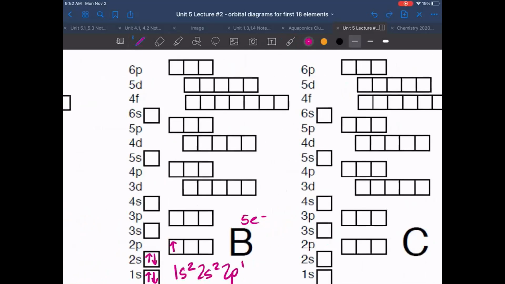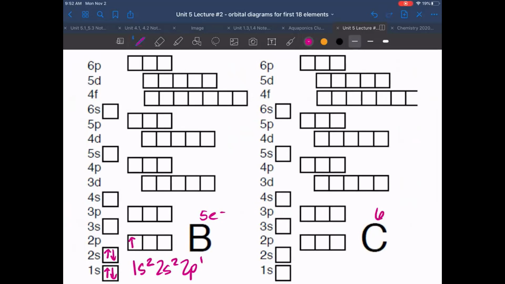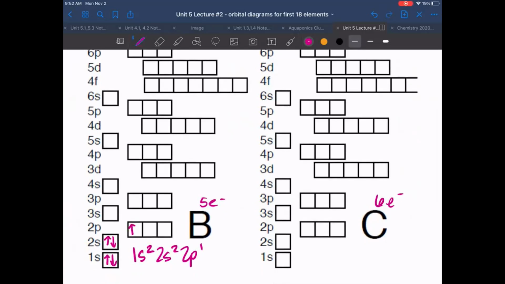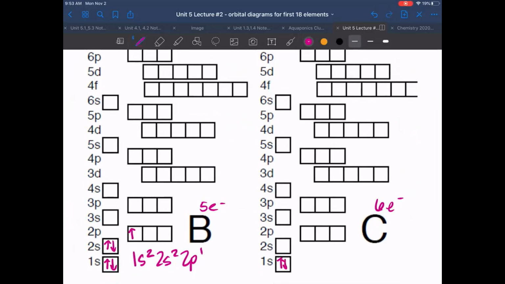Okay. All right, carbon. Carbon has 6 electrons. This one's important because it has to do with a rule here. We still fill 1s and 2s the same. Where we left off is we had this up arrow in the leftmost box. Now, because the other 2 orbitals here are the same exact energy level, it's not going to cost any more energy to spread out. Think of electrons, they repel each other. So it's this battle between, is it going to take more energy or occupy space? When we have a bunch of orbitals that are the same energy level, it's going to spread out to save space. So we're going to fill an up arrow in the middle one before we start making pairs, okay? So the rule here is that electrons don't pair up